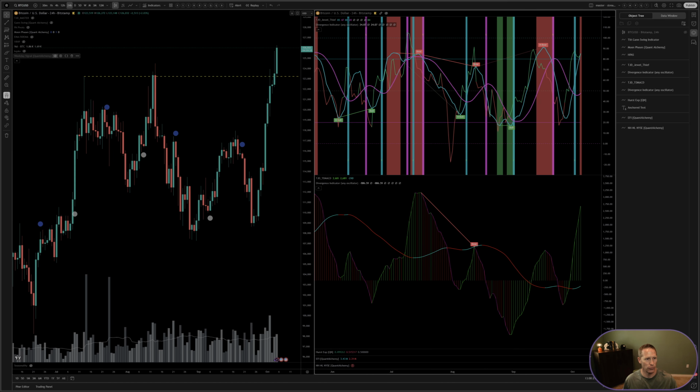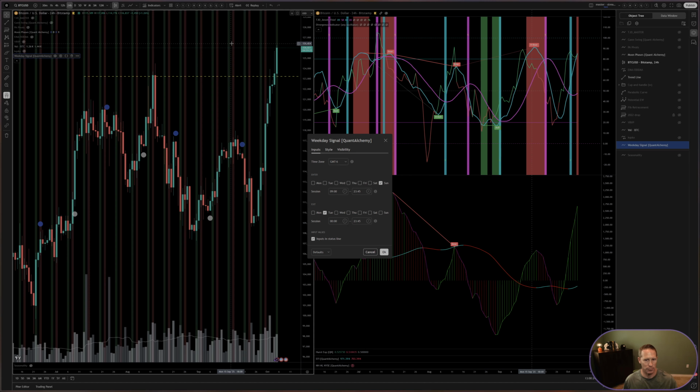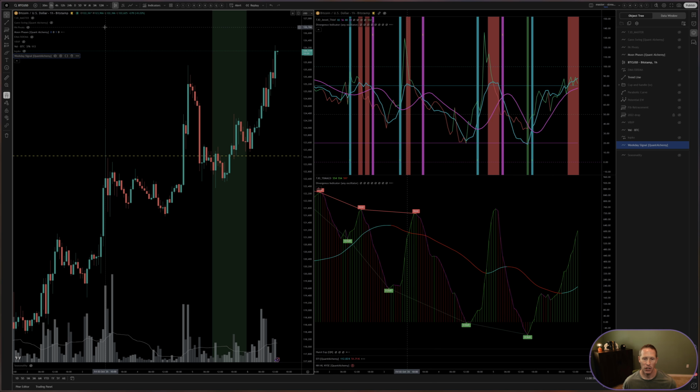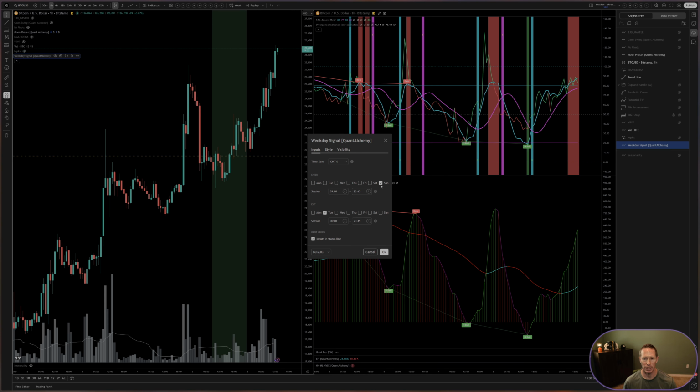And so just to prove that out, I put together a very simple strategy. If you're in the Krown group, you have access to this indicator. This indicator is the weekly signal indicator. It just allows us to specify entry and exit signals based on the daily time frame, and we can also set it for specific times as well. So I'm going to change my time frame to hourly, because based on the times that I'm looking at, that's what I want to see. At 9 o'clock in the morning on Sunday, I'm going to open a long, and then on Tuesdays at midnight, I'm going to make sure that long gets closed.